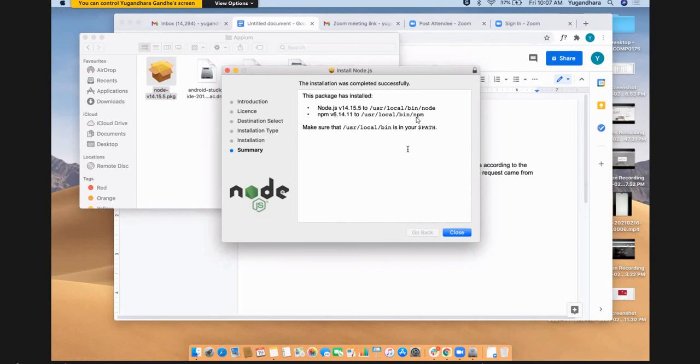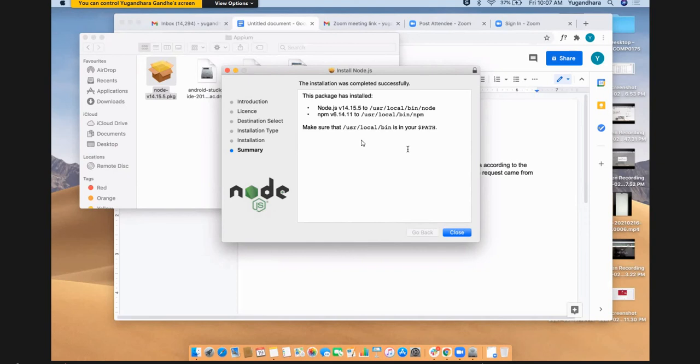Now we are going to talk about what npm is. It's called node package manager, meaning it's a utility which installs the required JavaScript packages on our machine, right? So npm stands for node package manager.